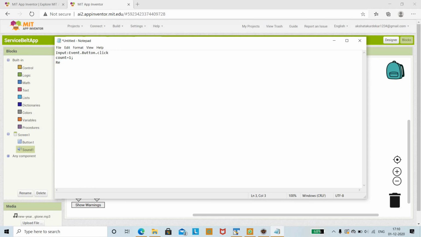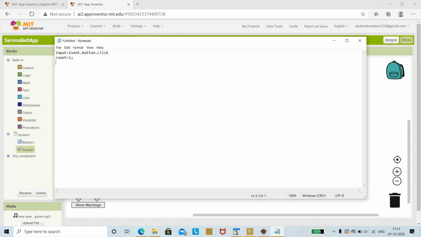Then after that you are going to repeat. Repeat is performed with either a while loop or an if loop. We shall use the while loop. Why am I considering the while loop? Because I know the number of times the bell has to ring. As you know, we are going to perform it 5 times. Whenever you click the button, the bell has to ring 5 times. Since we know the number of times it has to ring, that is, the count value, I am considering the while loop, or you can also consider the simple if loop.